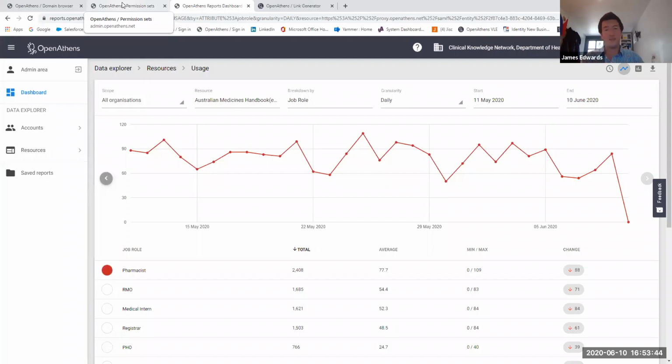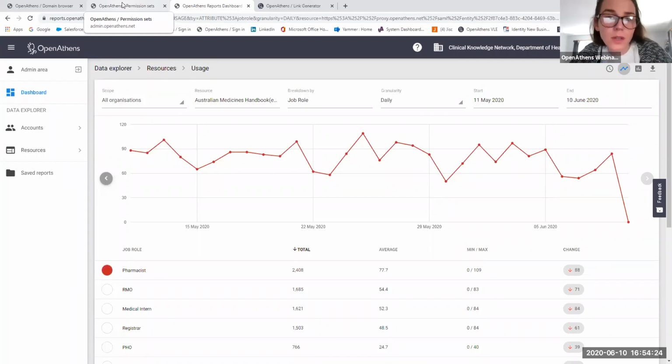Essentially, if it's an institution and on a SharePoint or OneDrive, they would have to log in to that first. Once they've logged in, if we're connected to your directory, the OpenAthens part will start, and then if they click a link, they will just gain access to the content. I might have to take that offside, and we can have a separate call to look at your current system and how your users are accessing it, and then I can show you how OpenAthens would change that. It's probably the best way. From an end user point, it's about making it as seamless and simple as possible.